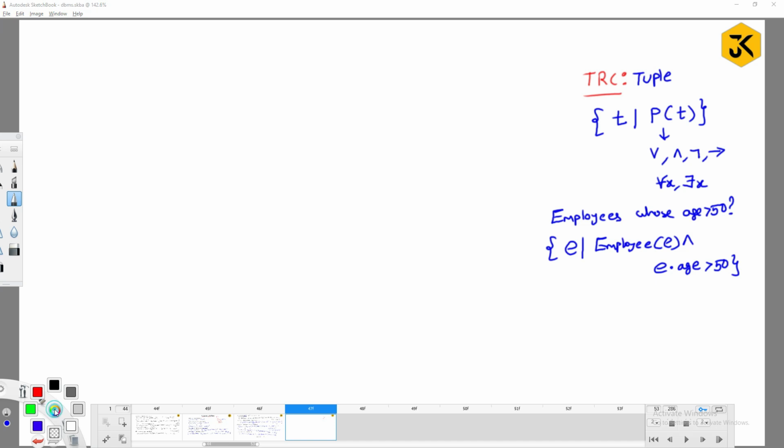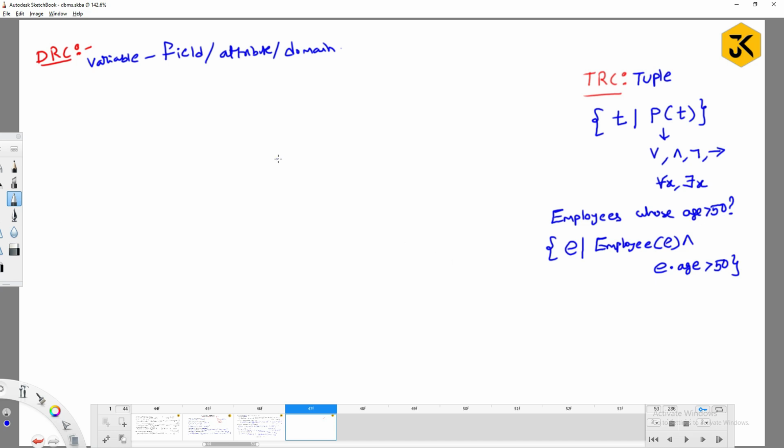Now the other variant of relational calculus is domain relational calculus. There is not much difference between these two. In domain relational calculus, a variable is a field, or I can call it an attribute, or again a domain. Simply, every column I can call a field.